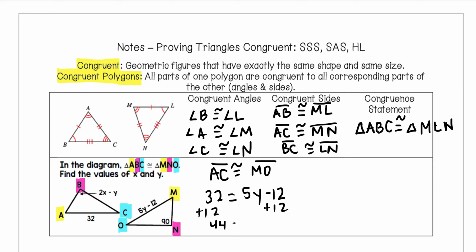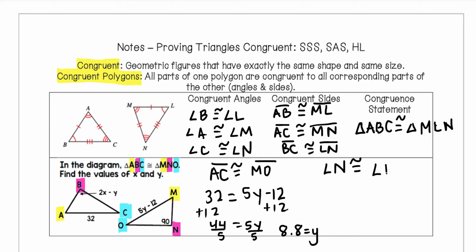So I get 44 equals 5y. Divide by 5 on each side, and we end up with 8.8 equals y. So now that we know that 8.8 equals y, we can go ahead and use that to help us with the other part here, because they also give us that angle N is 90 degrees, and we know that angle